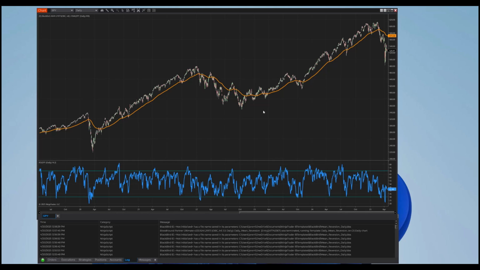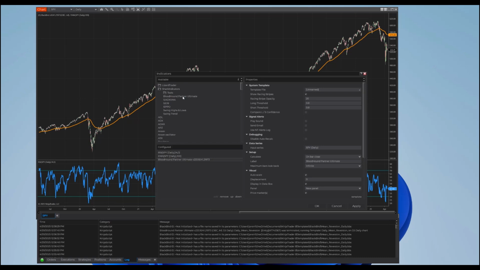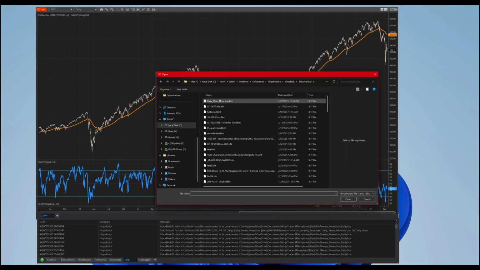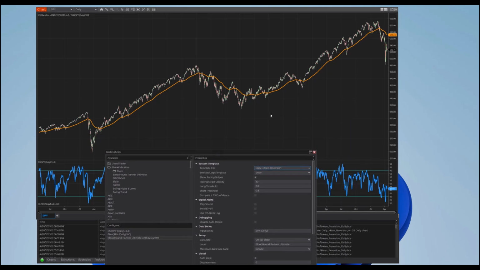So one of the things we definitely need to do optimizations is some semblance of a trade system to begin with. And that means entries. That also means some sort of order management. So let's start at the basics. Let's pull up BloodHound, and I've got a mean reversion system, which I believe will do relatively well. So that's my hypothesis, that I want to find trades that revert to the mean,